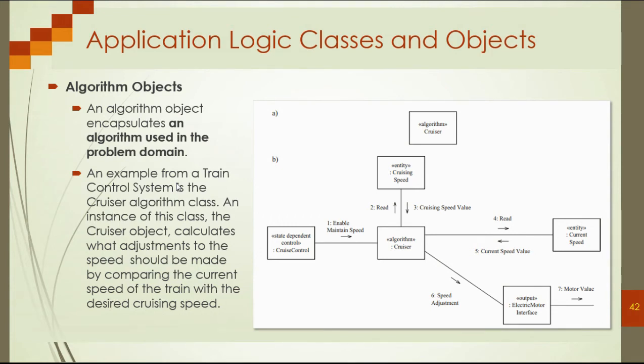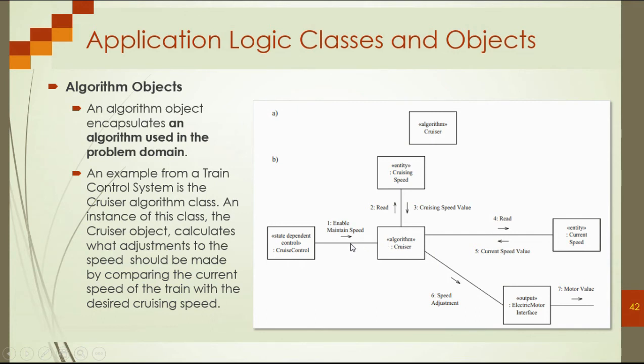So if we see another example of algorithms, it's the Croza object. The Croza object is an algorithm object used for control, and we can say it is used to calculate and adjust the speed of the train. So here we have the class of the algorithm object, and then we define an object of this class, and